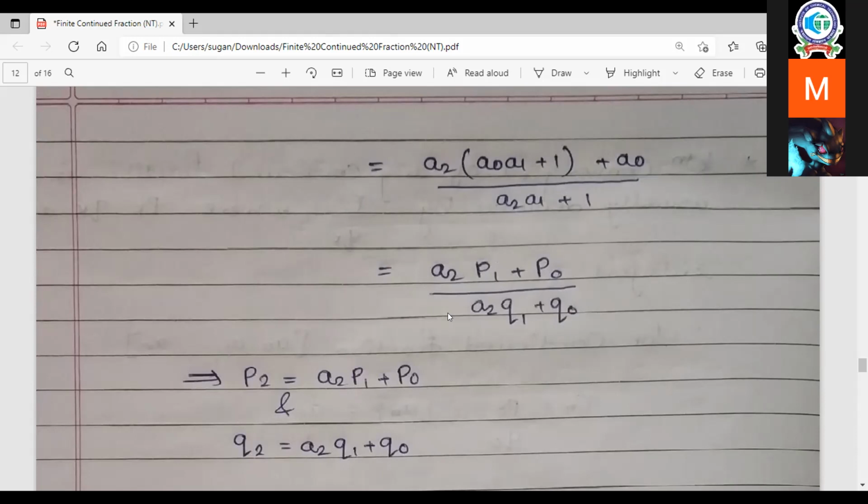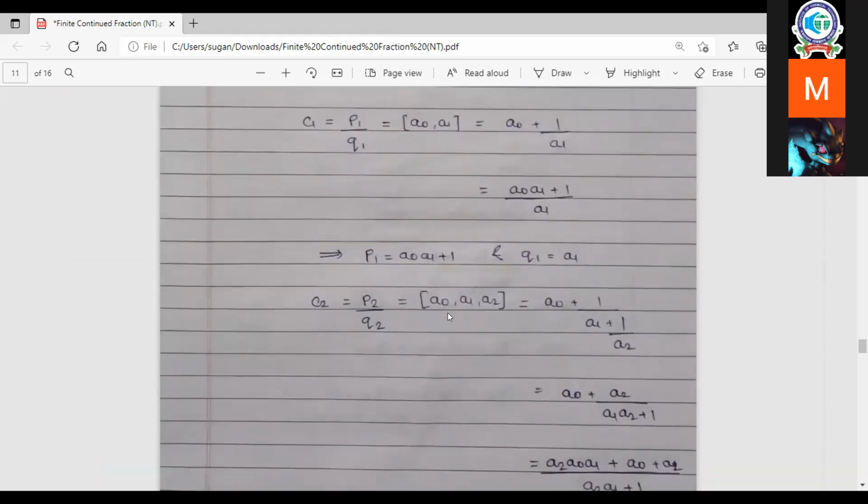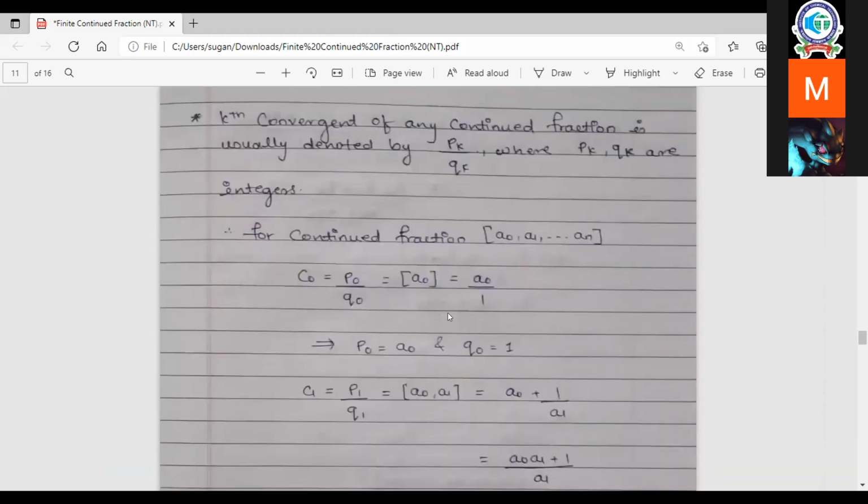Today also we are discussing algorithms, so it is the right time to discuss. You are given a continued fraction and you want to compute the convergents. The kth convergent is where you truncate the continued fraction up to that extent, correct? But that is a little cumbersome, very difficult. Every time in order to compute Ck, I would need to compute the continued fraction A0 plus 1 by and so on.